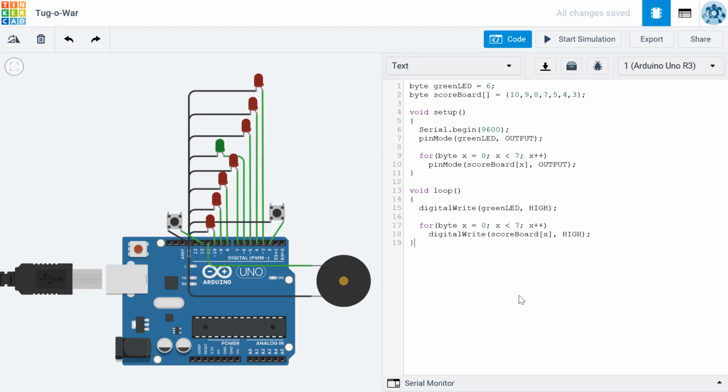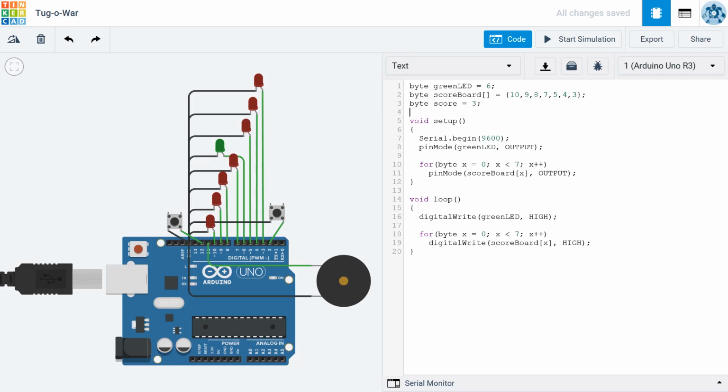Now that I can light up all of the LEDs on the Tug-of-War project here, I want to add more code that allows me to light up a specific LED. To do that, I'm going to create a score variable. And I'm going to set it equal to 3 because I want the LED with an index of 3 to